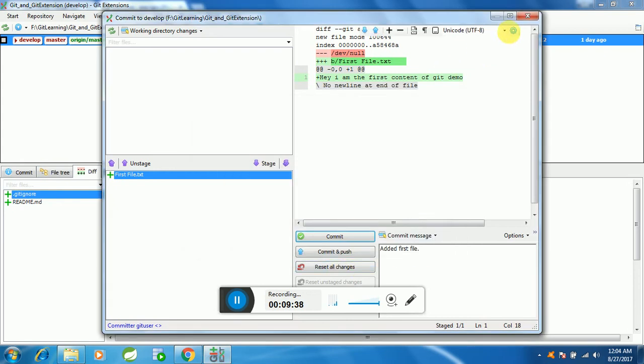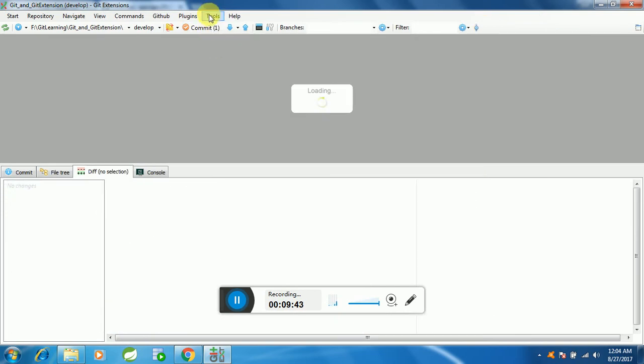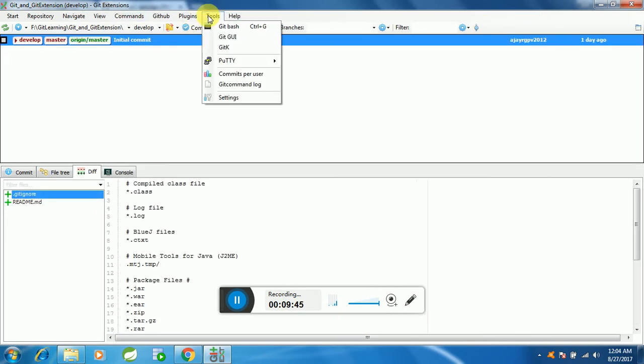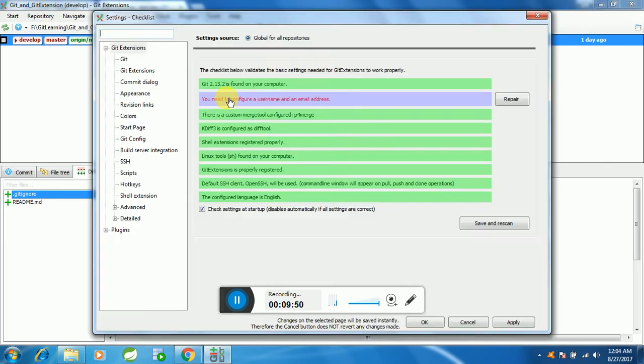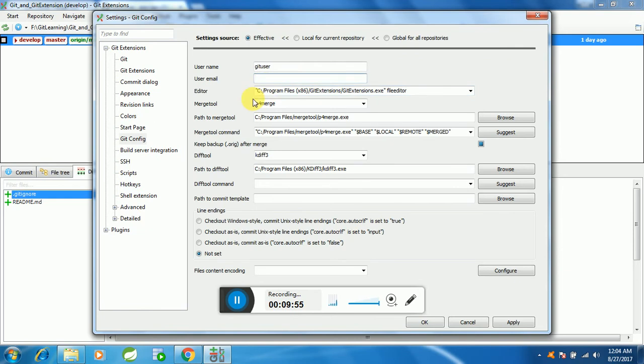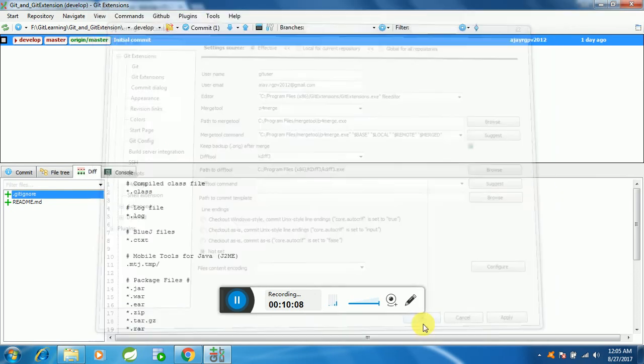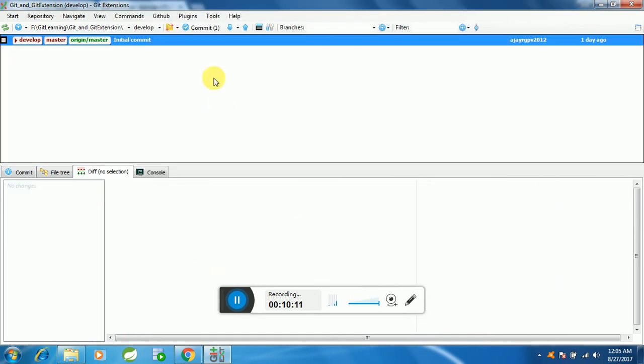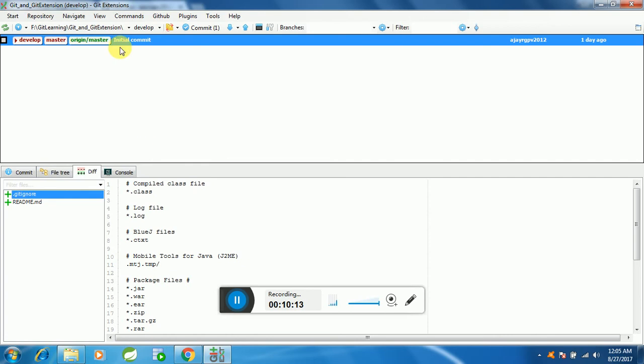I got the problem. The problem is we have to add our email address here. So we'll go to the tool settings. It's saying email address. So what we have seen is